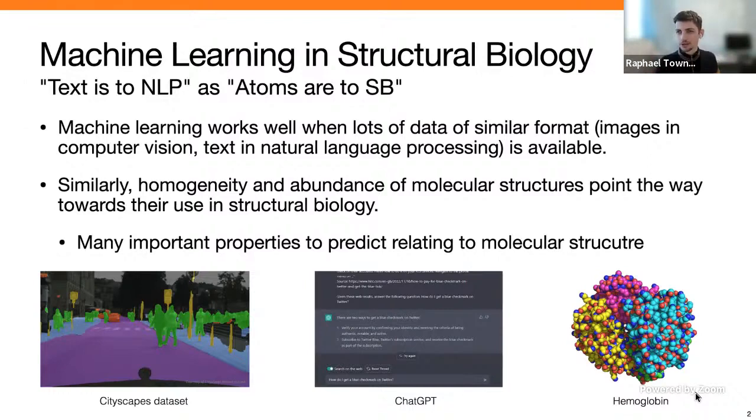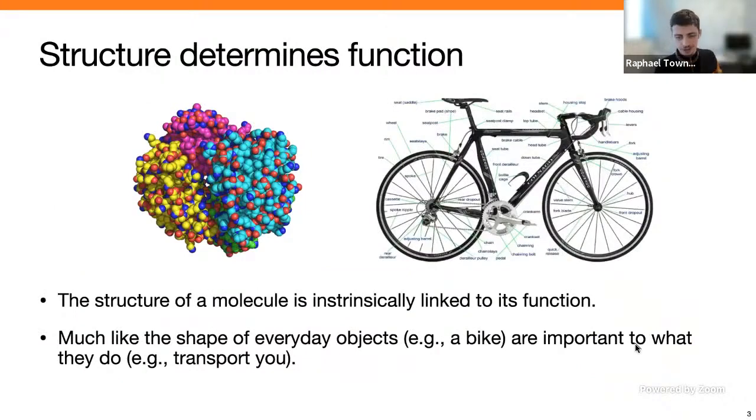Okay, so I've said structural bio has a lot of atoms. Maybe the natural question is, why do you care about that? Continuing the science lesson for just a second, at the end of the day there's this fundamental notion that structure determines function. It's a central mantra in structural bio. The structure of a molecule is key to what it does. In a way this is almost too obvious, in that the shape of objects is key to what they do. Like the shape of a bike might be very important to the fact that it can transport you around. If the wheels were in the wrong place, it wouldn't do a particularly good job of transporting you around. Very similarly, the shape of a molecule is key to what it does.